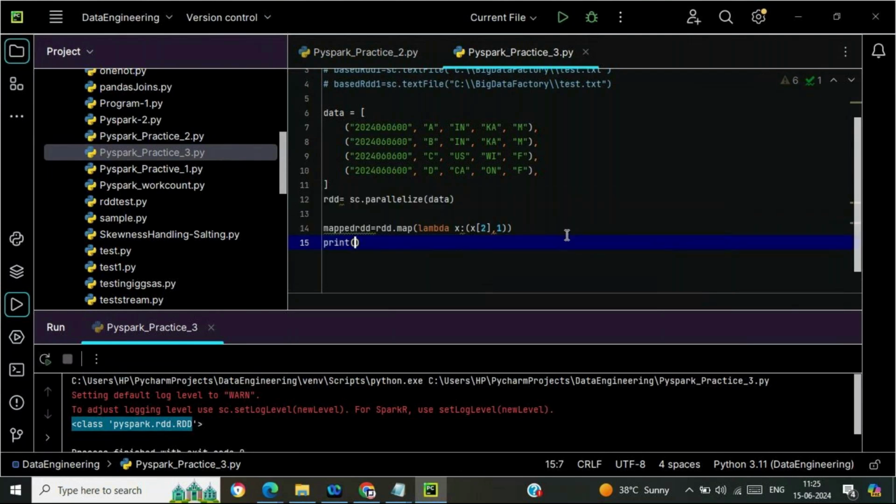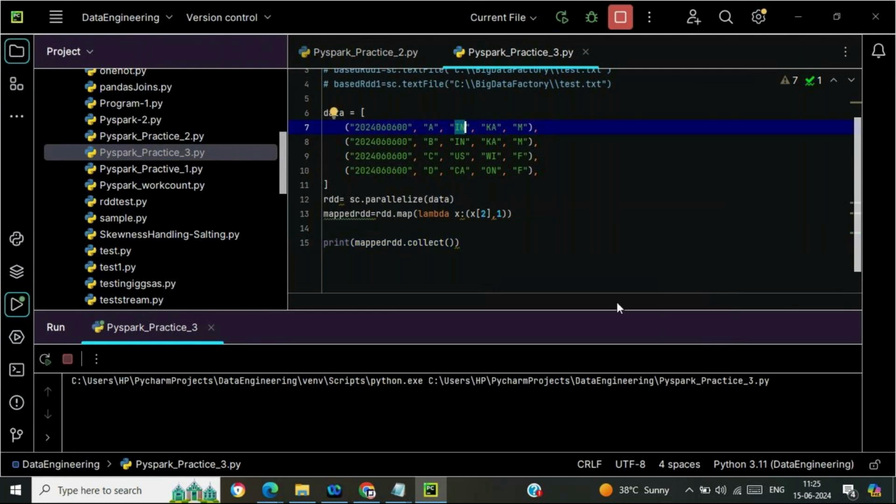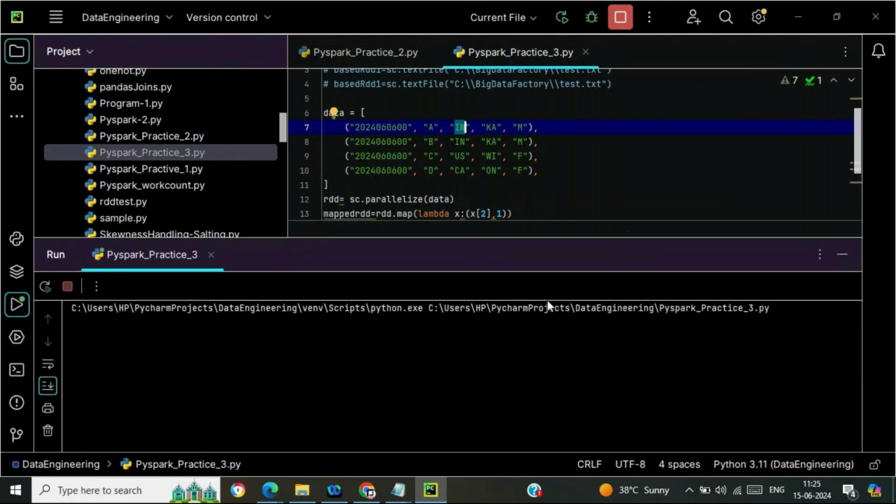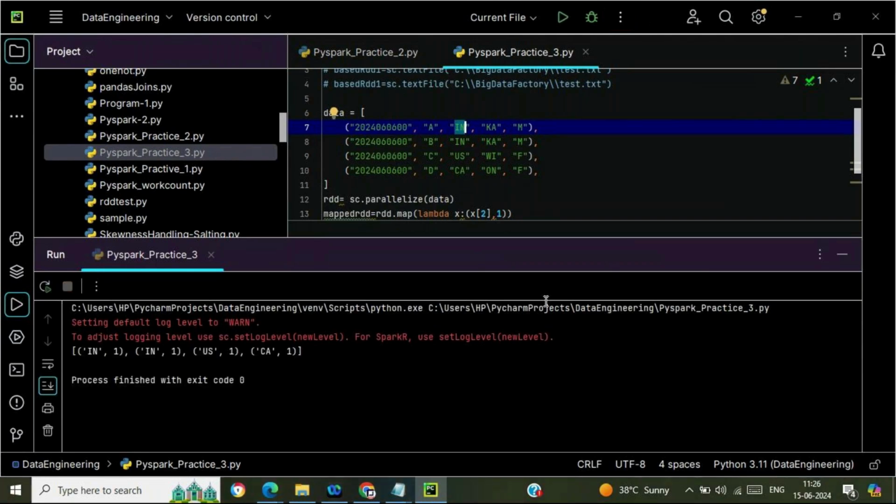We will be able to extract this information from here. So it will be IN 1, IN 1, US 1, CA 1, right? And that's what we were expecting.